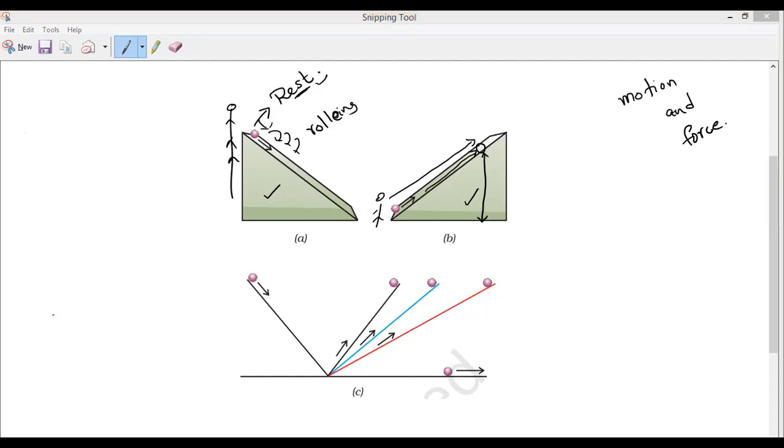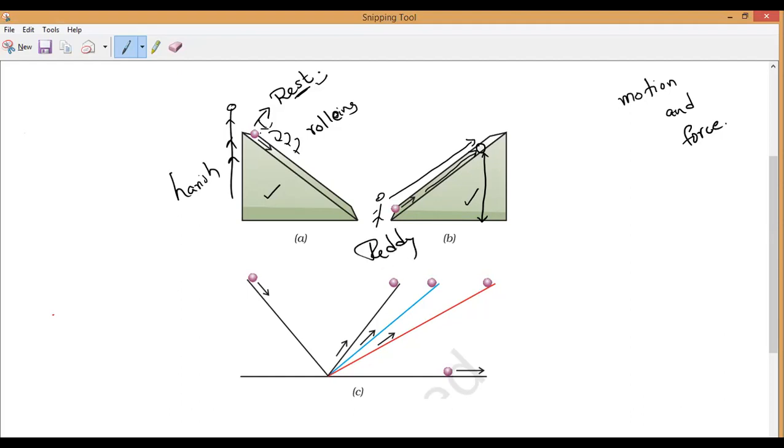Now if you see here, from this illustration, from this experiment, he made some conclusions. What are the conclusions? You should tell me. What is the first conclusion he made? Observe very carefully in the two cases. For example, here Haris is standing and here Reddy is standing. Haris released the ball and Reddy threw the ball. Now you tell me, in which case do you feel the ball is moving much faster?